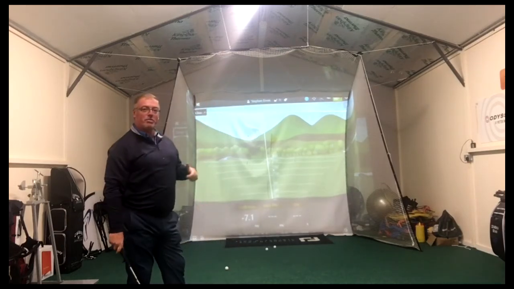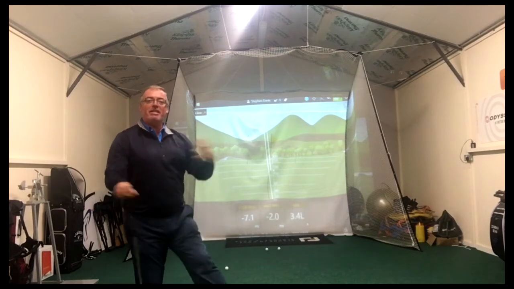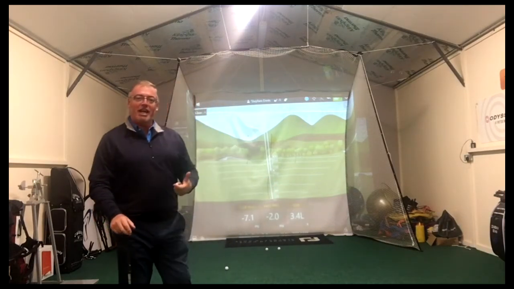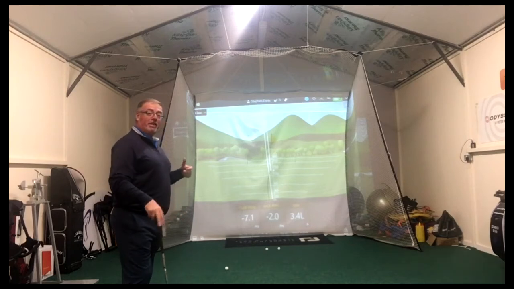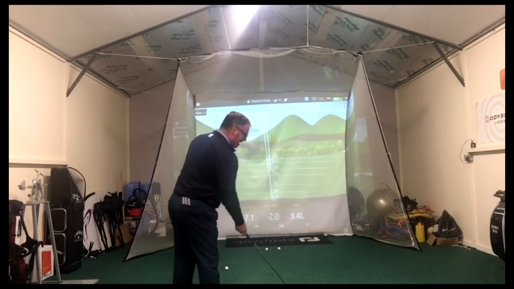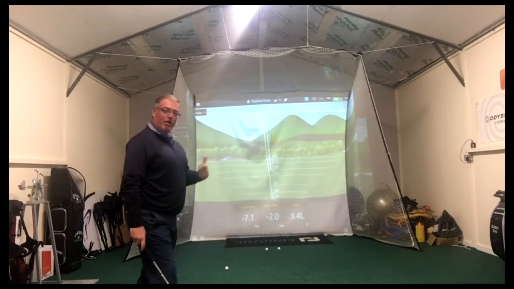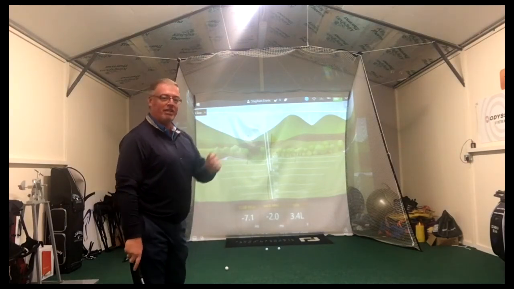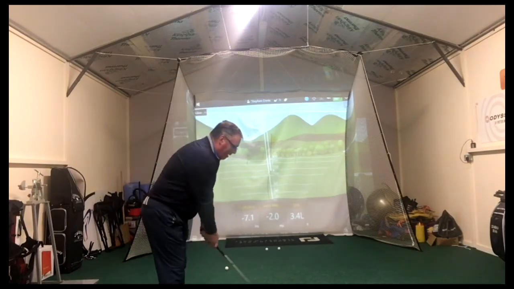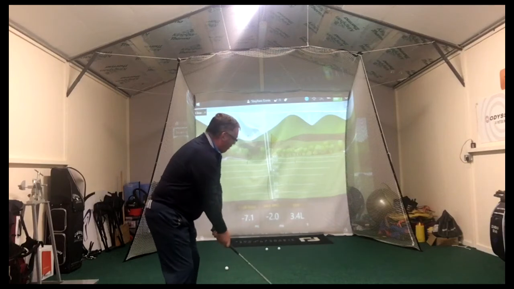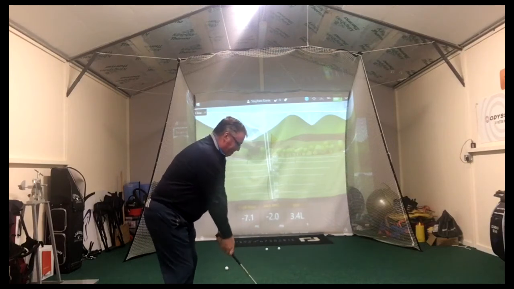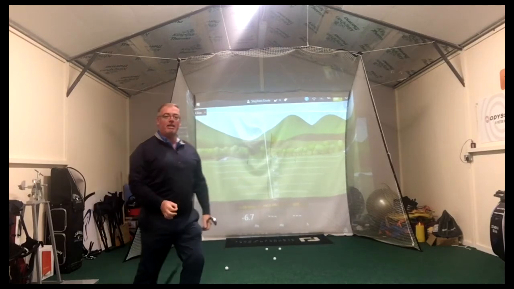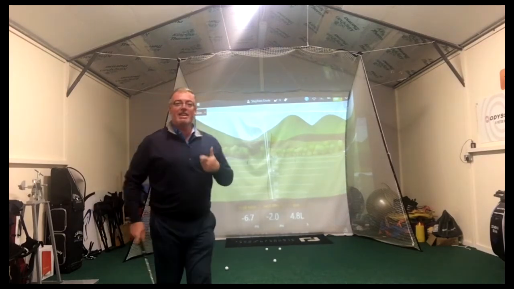I've got my cut swing. It's the consistent thing in what I do. It's the consistent thing in what everyone does. I've got that. Now I'm managing the club face to always be down that left side. The ball starts left. Some of them curve back, some of them don't, but I know I'm finishing on the left. Predictable. This is where we want to be. Same again, every time.